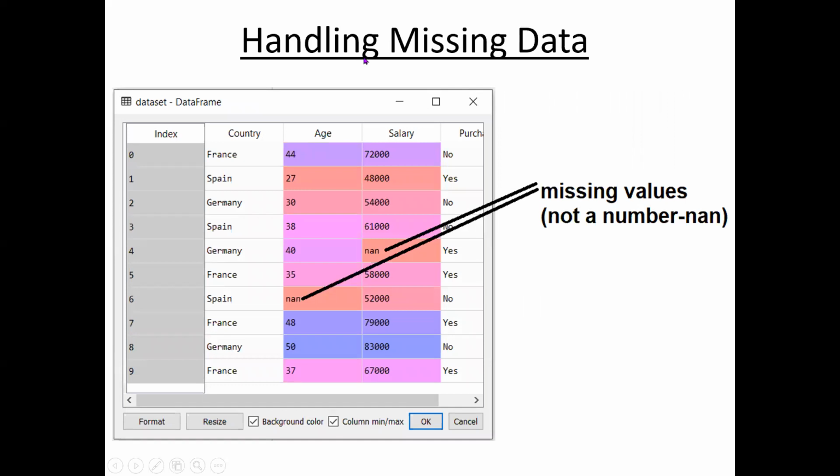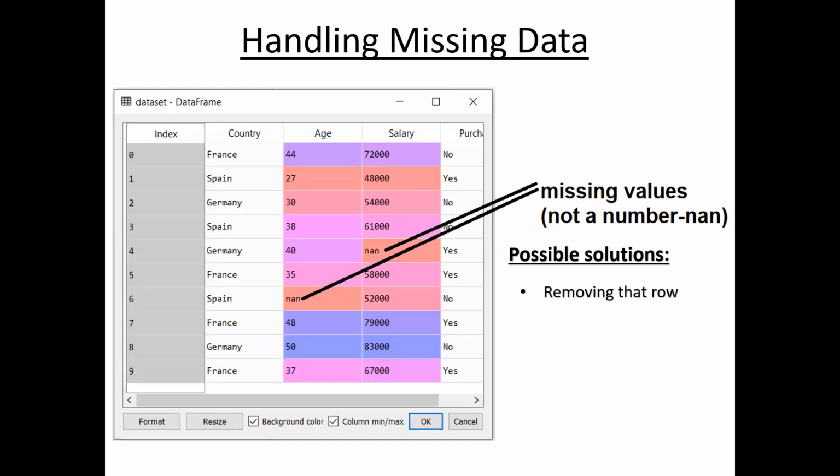For example, consider this data set which is downloaded from Super Data Science. Of course, this is a very simple data set, only 10 rows and 4 columns. See here, if you load a data set into your Spyder environment, as shown in the earlier video, and there are any blanks, those blanks are shown like this: NaN, not a number. So what is the possible solution? As I told you, with blanks it is not possible to apply the algorithm.